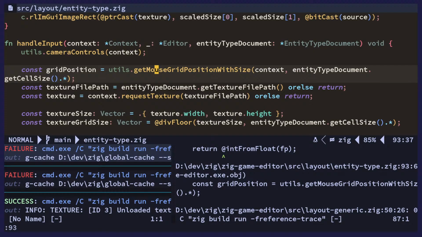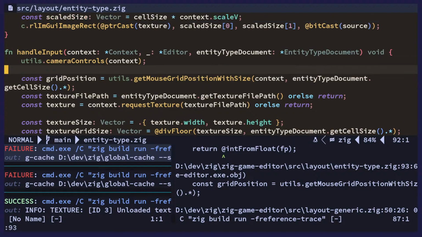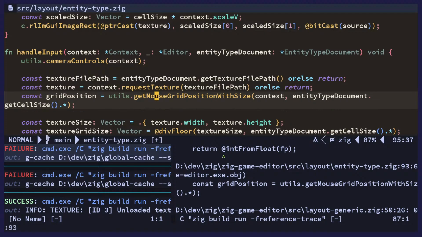Handle input. Oh. Right. So I think we only want to do this. Like, why are we getting the grid position first? We should probably move it down here. Also, the cell size is